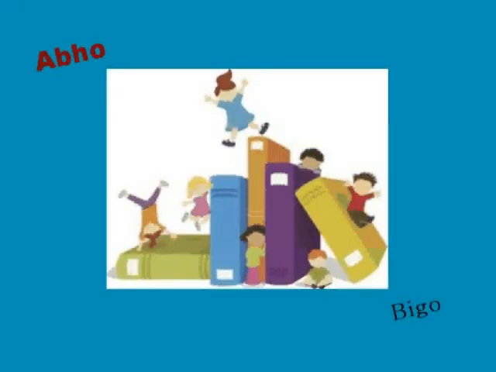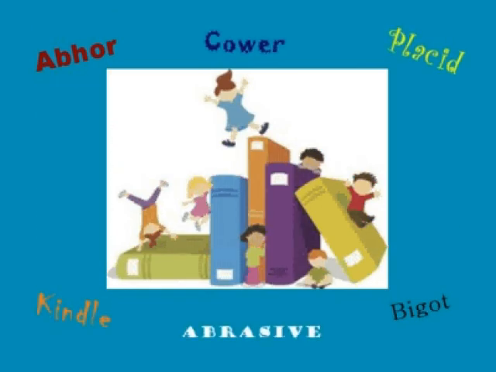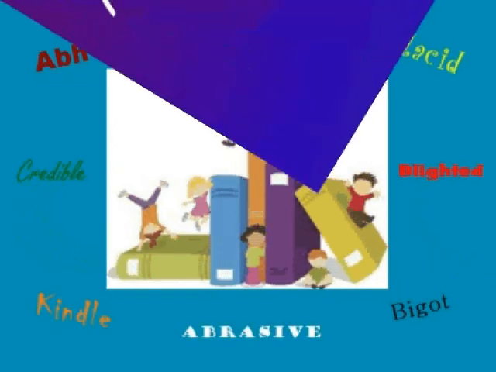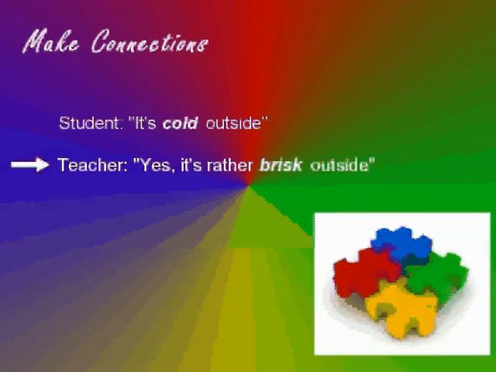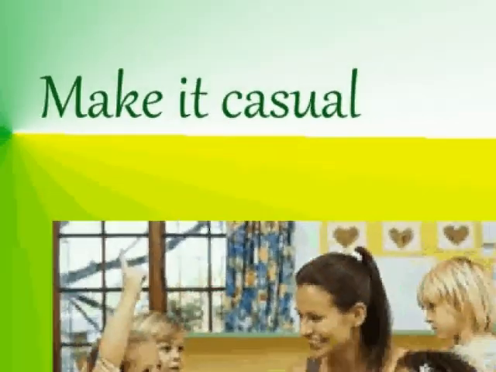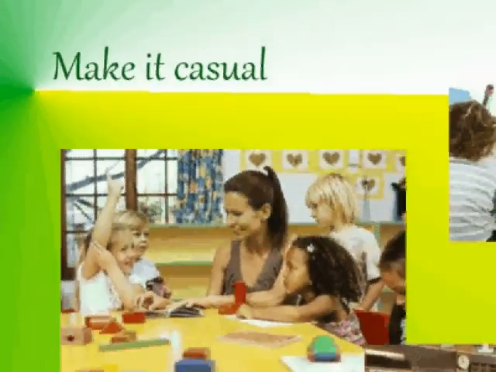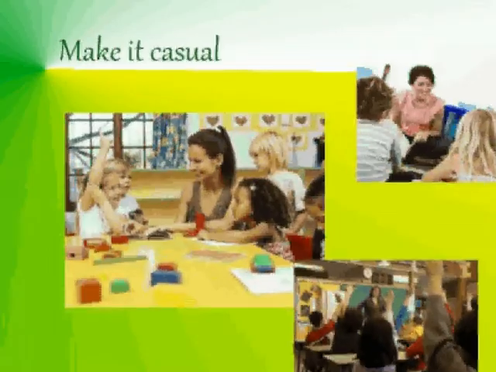Teachers should expose their students to higher level words while connecting them to what they already are familiar with. For example, a student may already use the phrase, "It's cold outside," not realizing there are many other words to describe the weather. With this said, the teacher can reply to the student, saying, "Yes, it's rather brisk outside," and possibly continue with a deeper definition of the word brisk. With or without the definition, the student will casually be exposed to higher level vocabulary words.